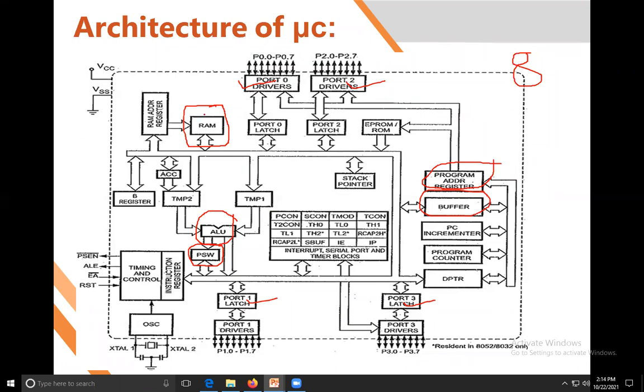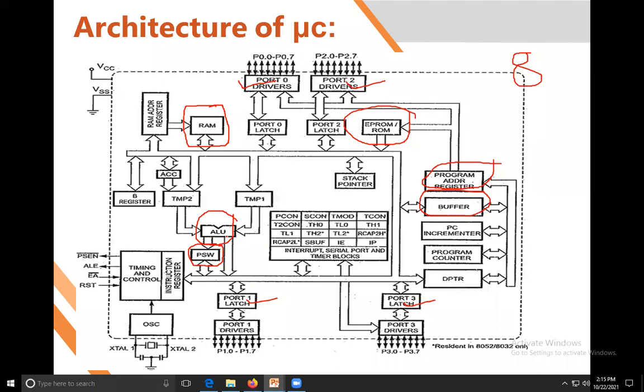Here is the RAM, and here is the EEPROM or ROM. So the difference between a microcontroller and a microprocessor is the inbuilt RAM. Some advanced microcontrollers also contain an inbuilt ADC, analog to digital converter, and an inbuilt DAC. But otherwise, if you want to do such conversion with the microcontroller, you have to connect an external DAC or ADC. So here are the RAM and ROM present in your 8051 microcontroller. This is the ALU and the programs. We will discuss the program status word and ALU in the next lecture.